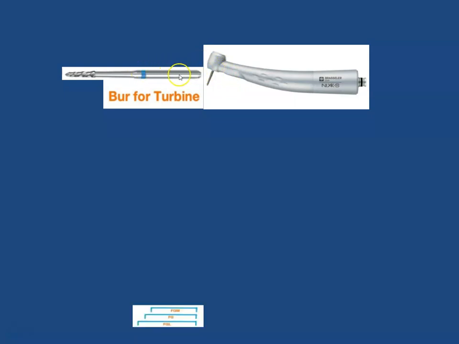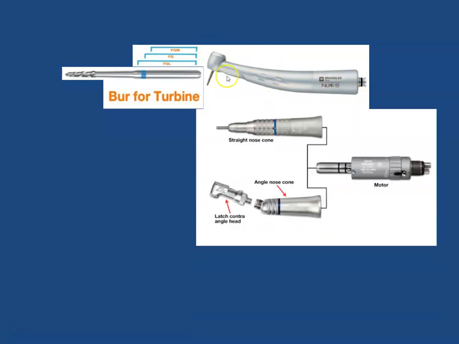And right over here, we have the friction grips, different sizes of them, and it holds on by grabbing with friction, basically based on resistance of it coming out when you put the burr into the handpiece. Now, the other types of handpieces are either straight nose cone or contra-angle handpiece. Contra-angled nose cones, this is the angled nose cone, add on with a latch contra-angle,